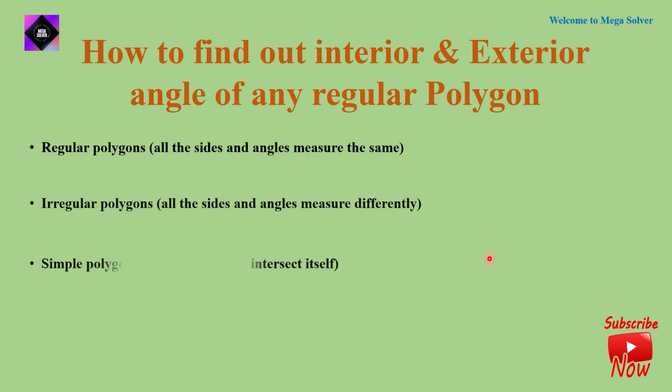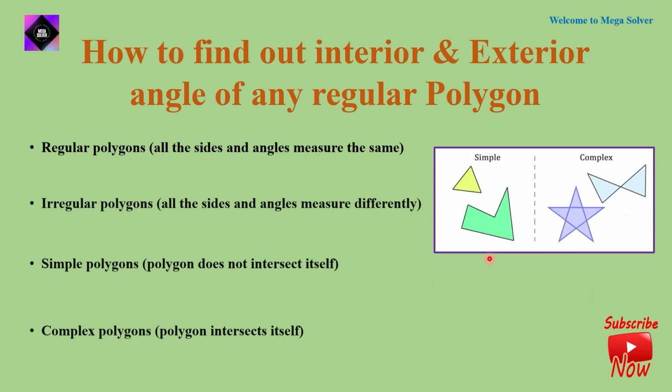And another type of polygon is a simple polygon. Simple polygons are polygons which do not intersect themselves. And another type of polygon is a complex polygon. Complex polygons are polygons that intersect themselves. For example, this is a simple polygon, and in simple polygons the sides do not intersect each other, but these polygons are intersecting themselves. So this is the basic fundamental about the types of polygons like regular polygons, irregular polygons, simple polygons and